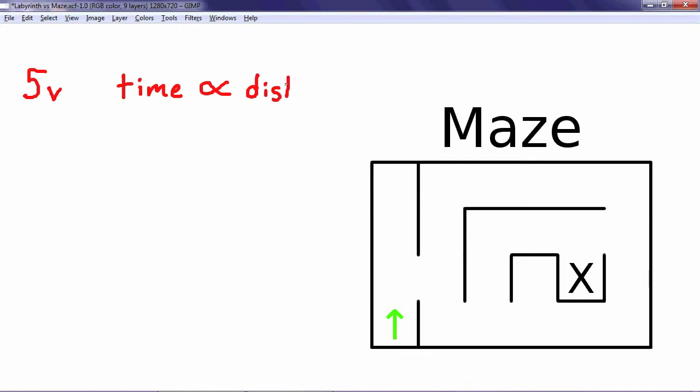So all you have to do is measure how far the robot travels over a given amount of time, and then you can calculate this distance. Or you could use trial and error. It's up to you. Now this is all we need to do in order to get our robot to navigate